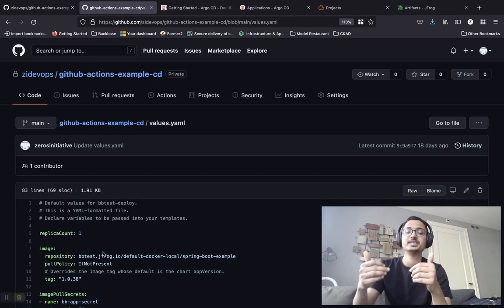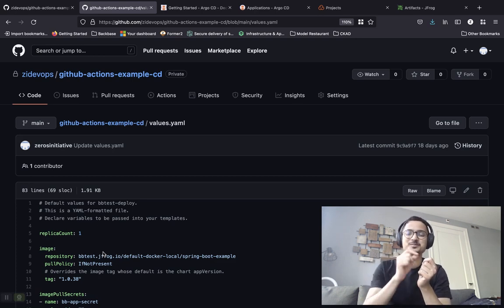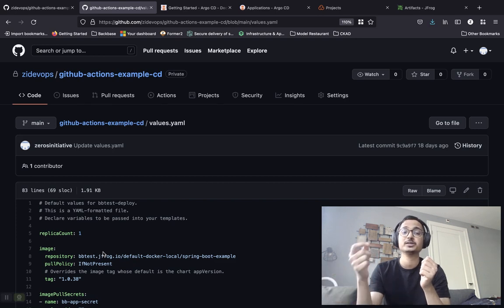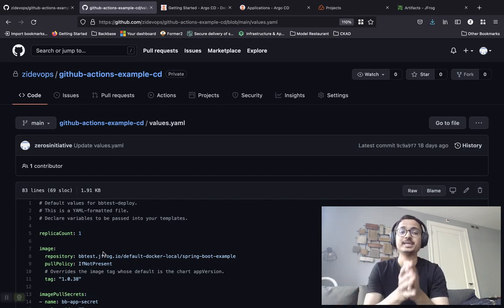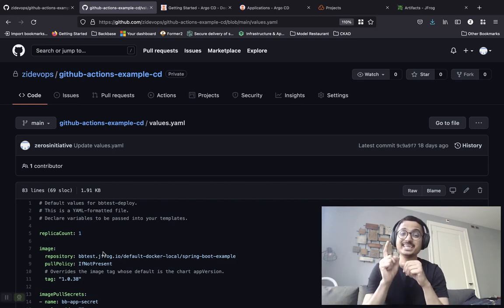All of them are generated during runtime, and all of them are applied in one shot. And that's how you work with Helm charts. You create a chart where you have all of your manifest files for your respective application, and all of them are deployed in one single shot. You don't have to run kubectl apply -f, kubectl apply -f, kubectl apply -f. Instead of that, you run helm upgrade --install, present your chart name, and then specify your chart directory. And then it's automatically going to generate all of your manifest files on the fly, and it's going to go ahead and deploy all of your manifest files. Right now, I have only one deployment and one service.yaml file.